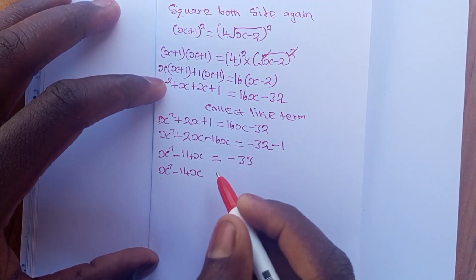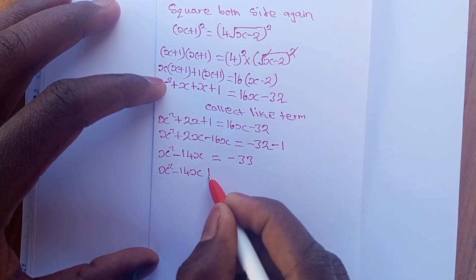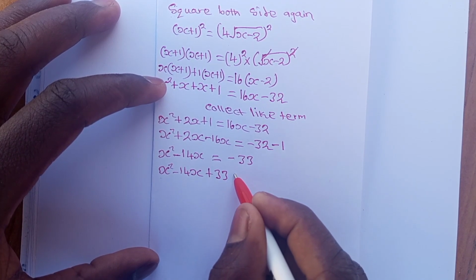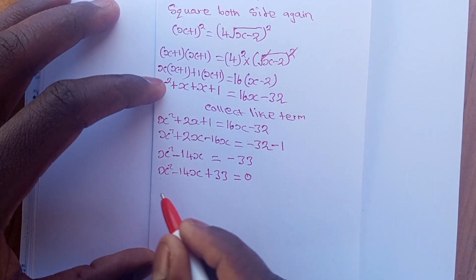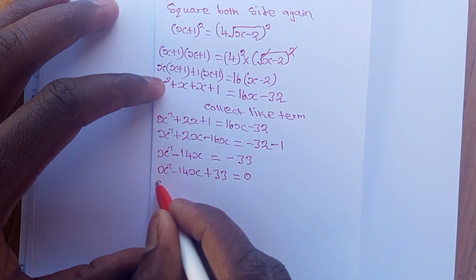Here is minus, because of the equals to sign, the sign will change from minus to plus 33 equals to 0. So we say our next step now, what you are going to do, we say solve